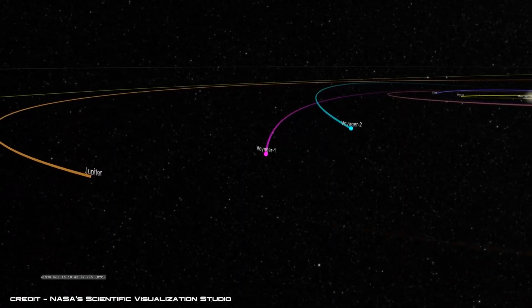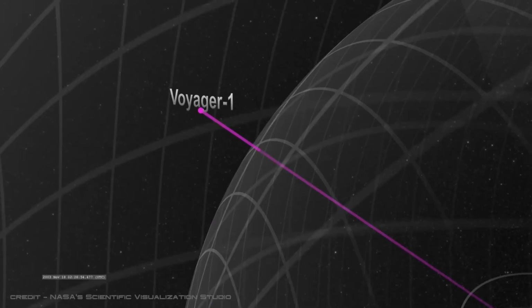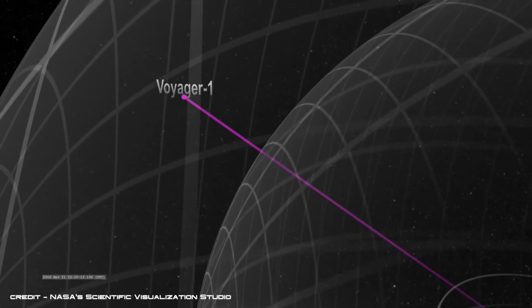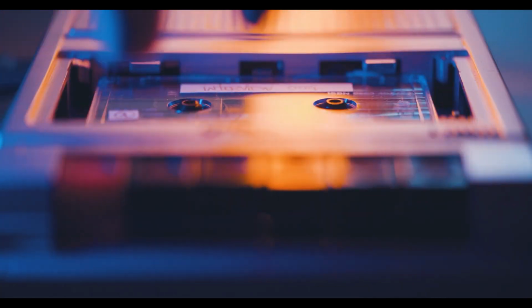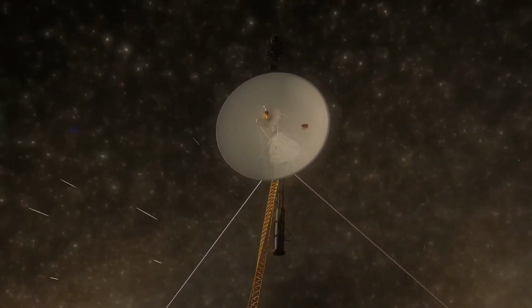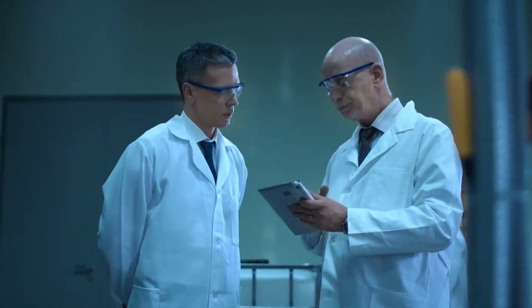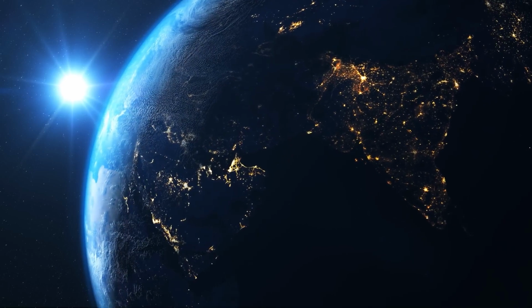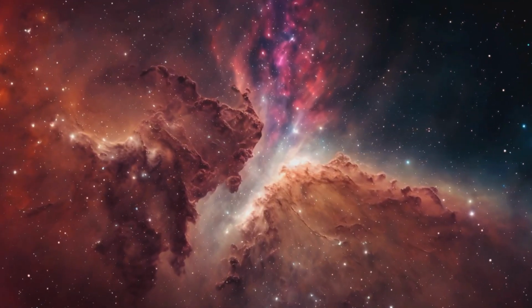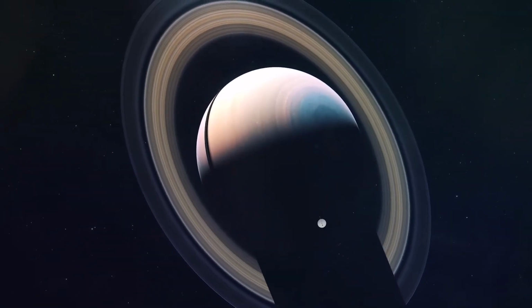This brave spacecraft is not only miles and millions of miles from its launch point, but it continues to send data back to Earth using technology older than that of a cassette player. That's not all. The spacecraft launched in 1977 just made a discovery that has shaken the scientific community and has captured the attention of the entire world. What could this amazing find in the far reaches of space be, and what does it mean for us here